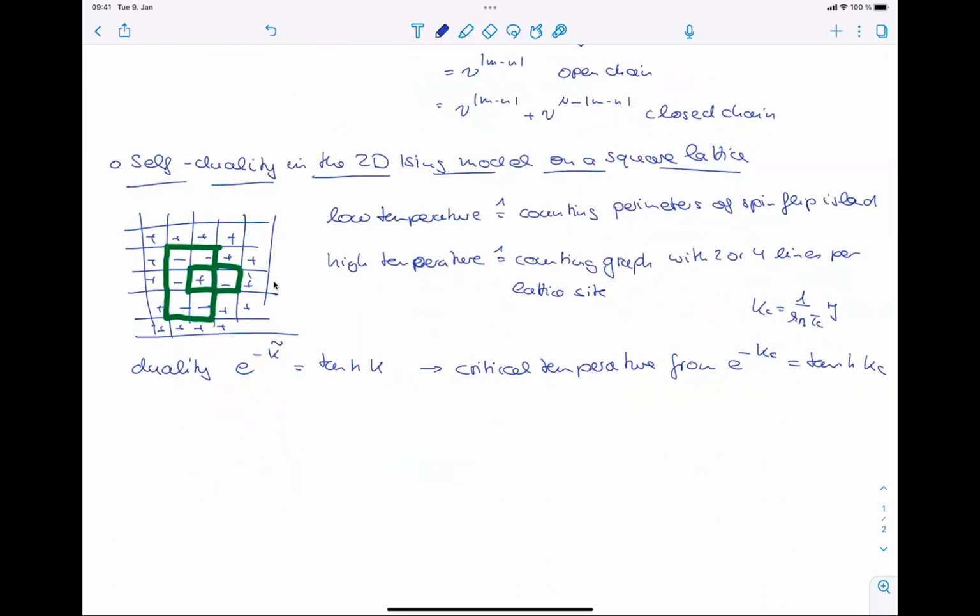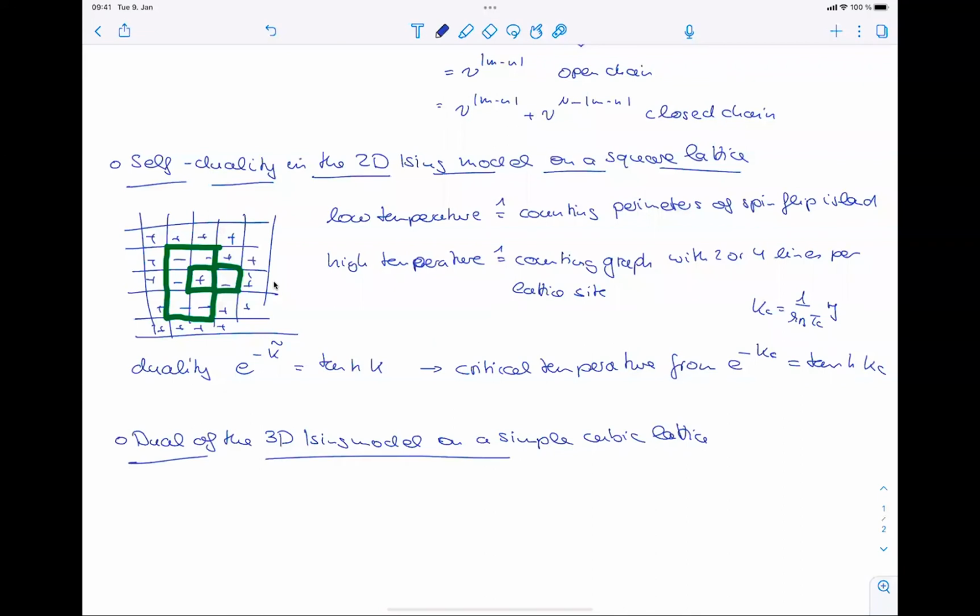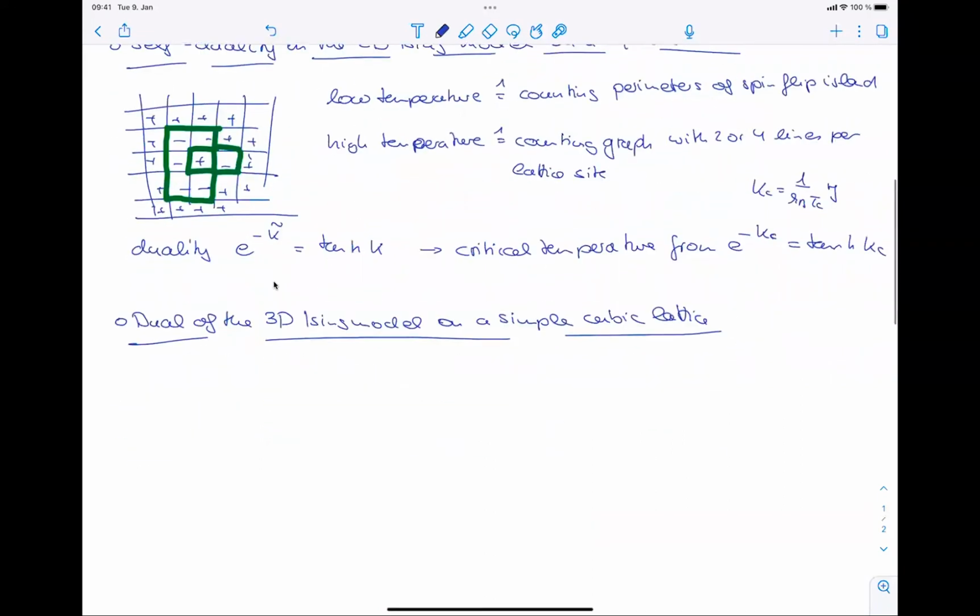So that was the example that showed us that we can, with series expansions, use dualities, and we tried to look at that in the context of the dual of the 3D Ising model on a simple cubic lattice. But here we found that what we need to do to find a dual of the Ising model on a simple cubic lattice was to